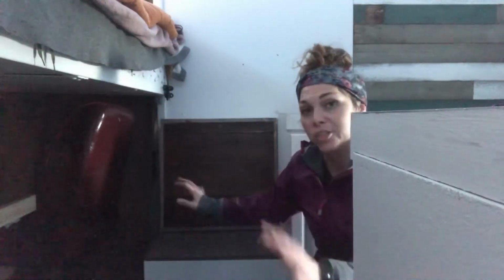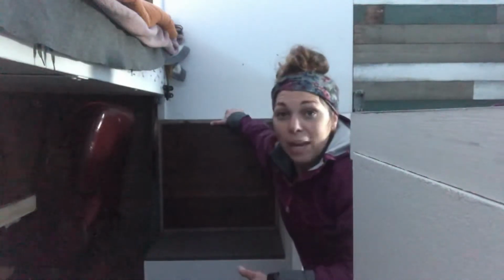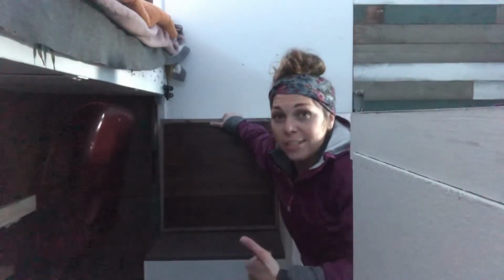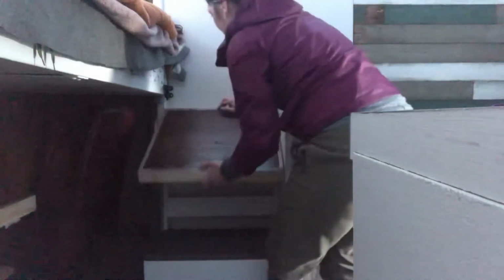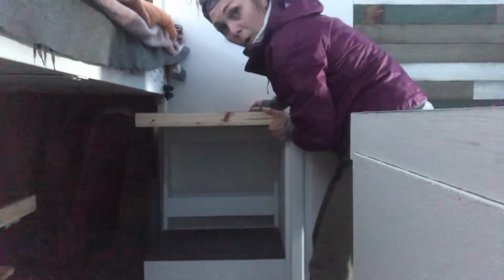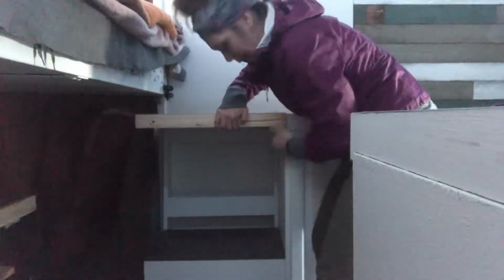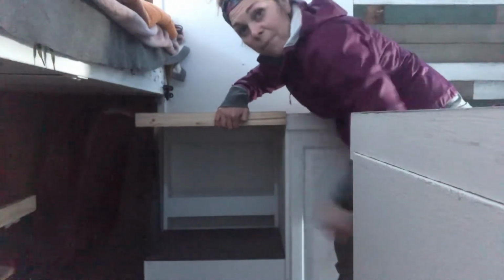Okay, so in a previous video, I let you know that these bench seats were mirrored. So there's one right here and there's one right here. Now, the cool part about these seats is this countertop. Once this is installed, it'll have a piano hinge across the top. It's going to pull up just a little bit so it can fit right into this groove. It's going to be up against the wall this way and up against the counter this way, and it has a pin that goes straight in underneath,